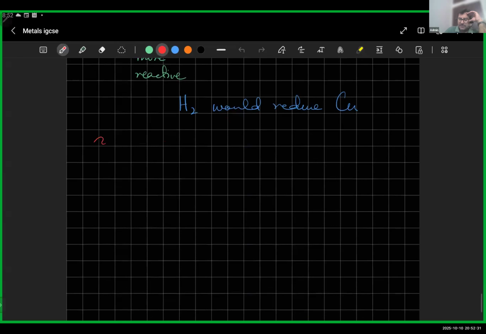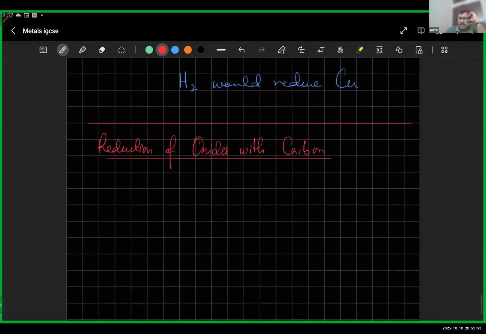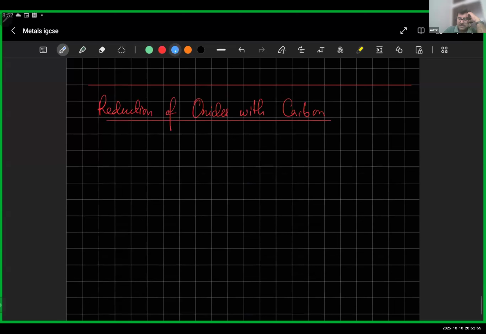I said the next thing that we're going to do is the reduction of oxides with carbon. And in the reactivity series, the reduction of oxides with carbon, this method works for the middle metals, which is that if you look at the reactivity series,